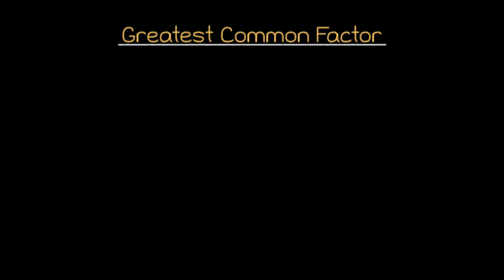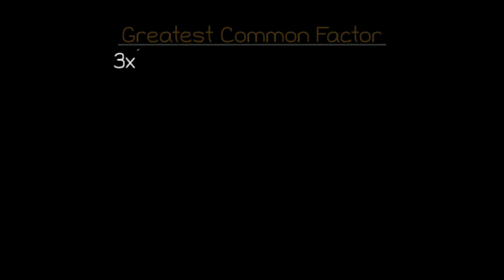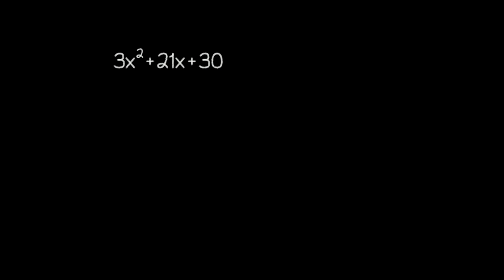Before we truly dive into the complexities of factoring quadratics with leading coefficients, let's look at a special situation that will be much easier to factor. Take this problem, for example. One way that we could approach the factoring process here is to write out the parentheses for our factors and start by filling in a 3x and an x, since we know that the product of those two terms will be 3x squared. Then, we could start making guesses at what the constant terms of our factors would be.